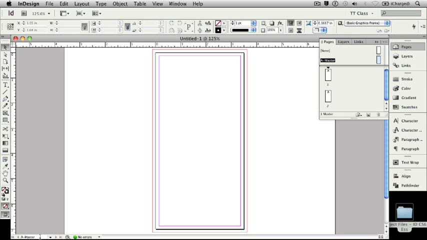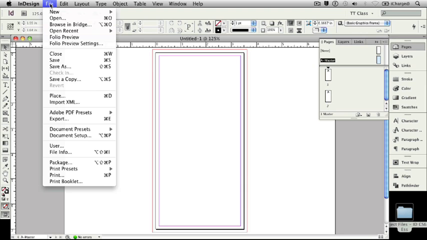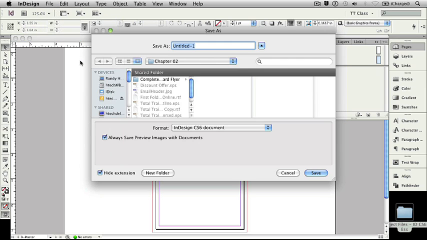Before we go any further, let's save our new document. I'm going to go to the File pull-down menu and bring my cursor down to the Save command. You'll see that the keyboard shortcut is listed to the right as Command S. If you're working on a Windows PC, the keyboard shortcut would be Control S. I'm going to click that button, and when I do so, it's going to bring up the Save As dialog